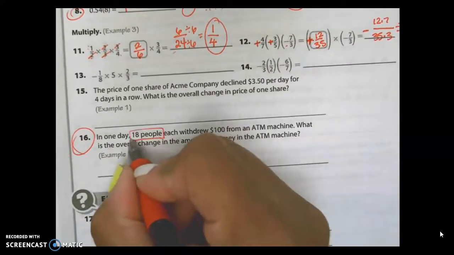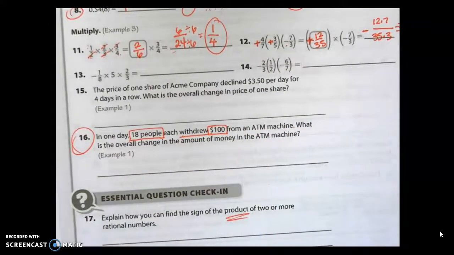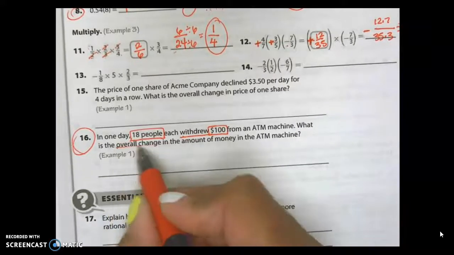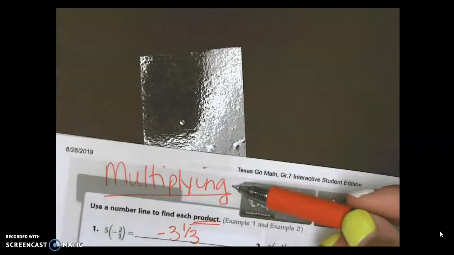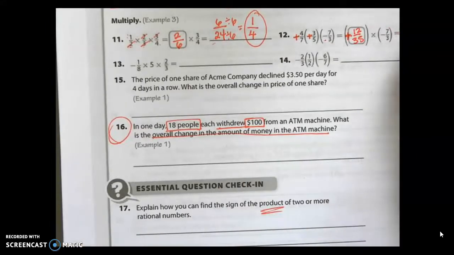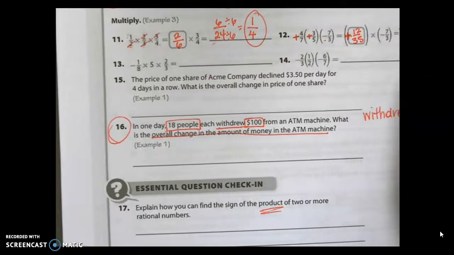18 people is important, withdrew is important, and $100 is important. I need the overall change. Remember, I'm going to be multiplying. Well, there's my reminder. All right. Withdrew is a word that they assume we know means